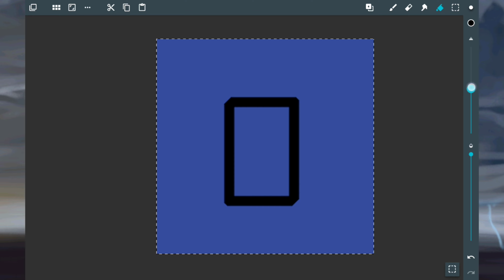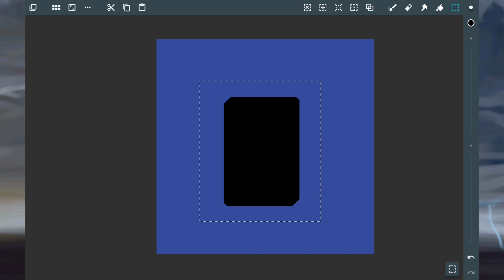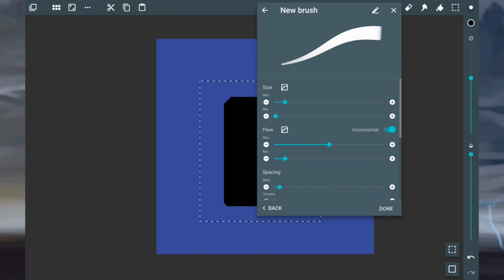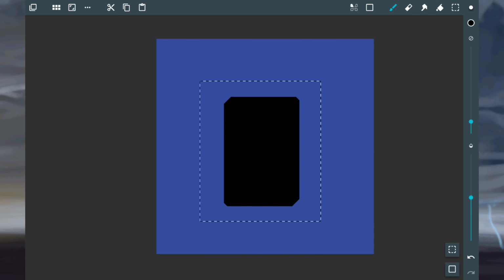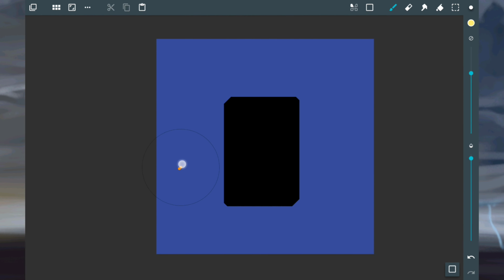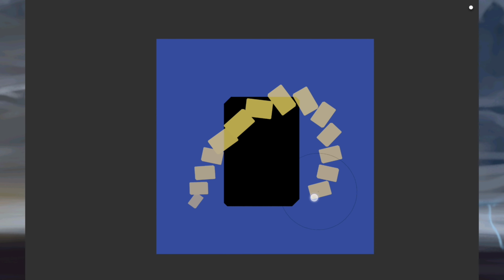If you want a more angular brush, you can use the rectangle tool or circle tool just to create a fairly solid brush. And obviously if it's solid black, it's not going to have any difference in opacity levels in the brush itself. So I'll just show you here. I've just made a rectangle and selected it, copied it and pasted it into the brush tool. I've just put a scatter on it, and you'll see that when I draw with it, I've got pen